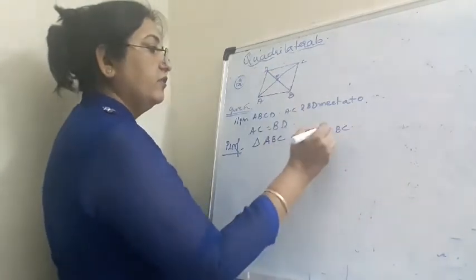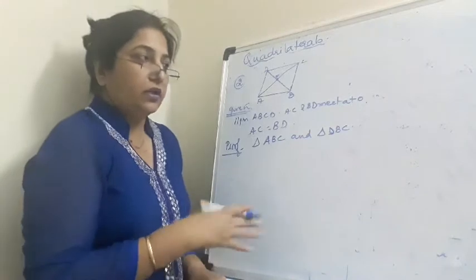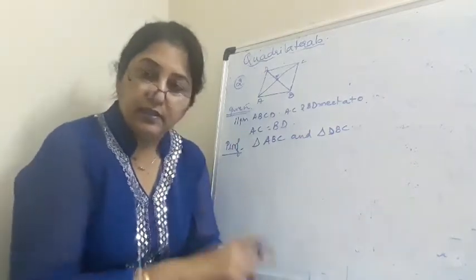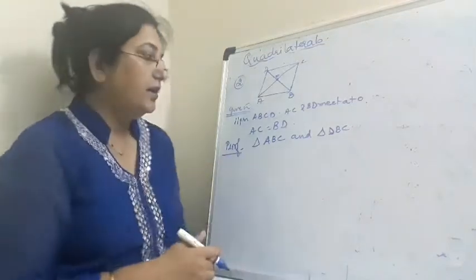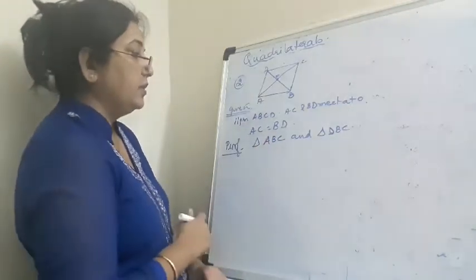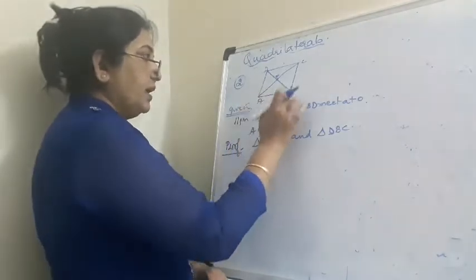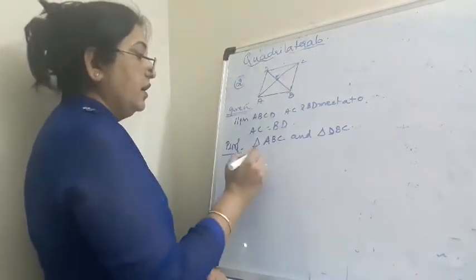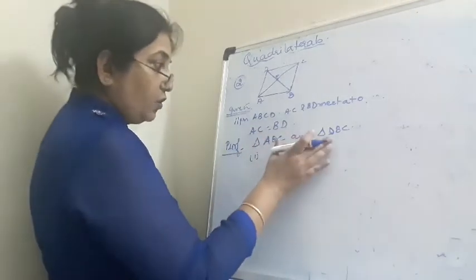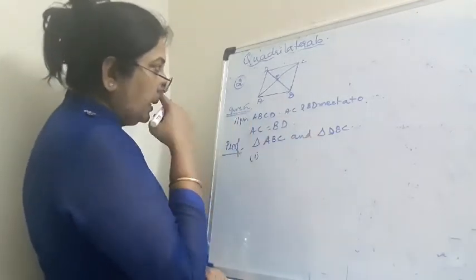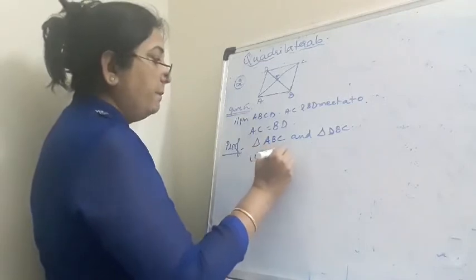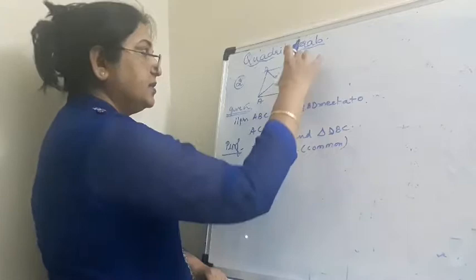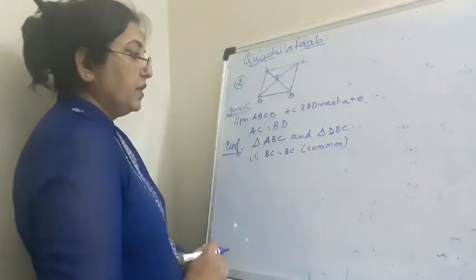Okay, now when you are looking for a proof, or when you are trying to prove any sum, children, you have to first analyze the question and then start with the proof. Just don't write randomly anything, otherwise you will get stuck in between. So ABC is one triangle and DBC is another triangle. Now when we have to prove the two triangles to be congruent, we can take the first part as BC is equal to BC, common. Yes, this part is common for both the triangles.